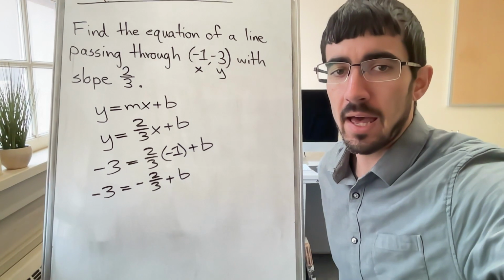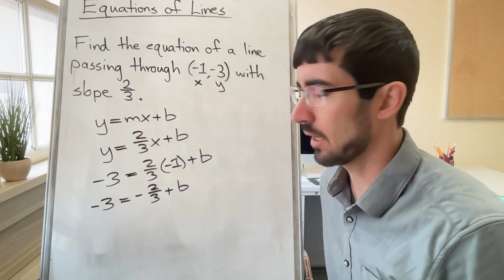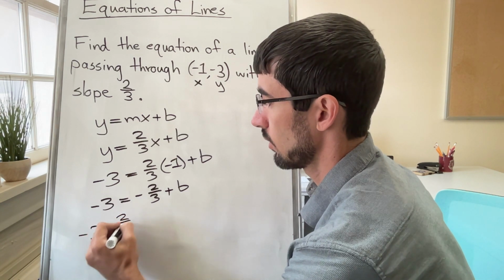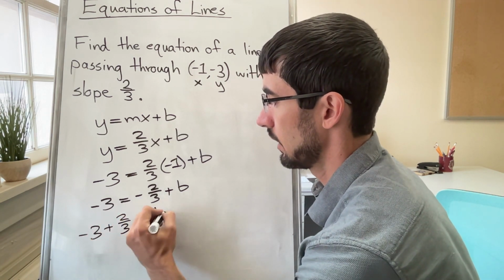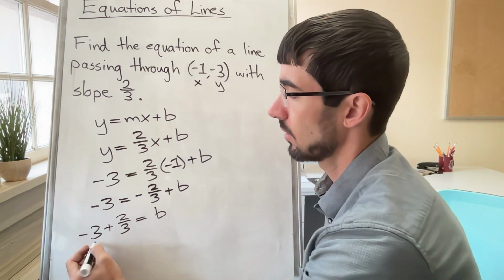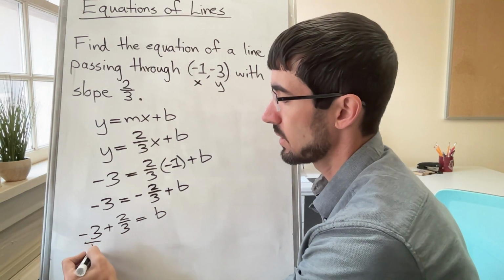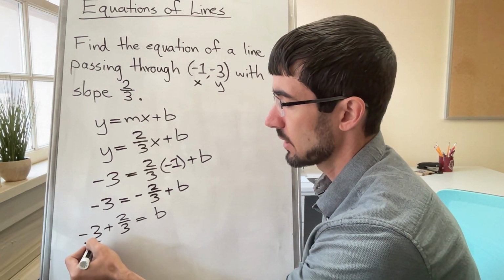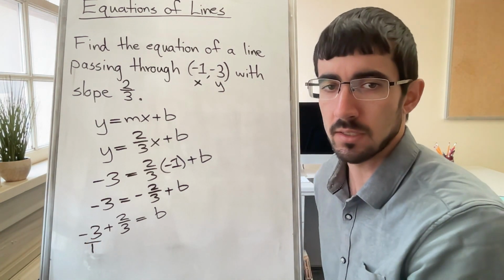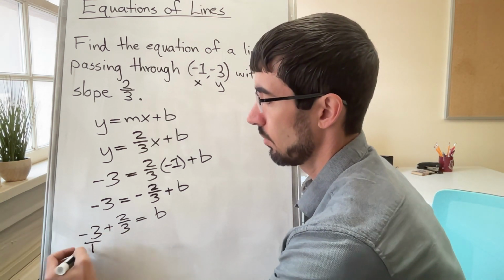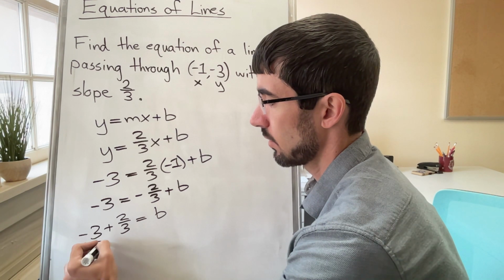I need to add 2/3 to both sides. So we have -3 plus 2/3 equals b. Let's talk a little bit about renaming this and combining this together. -3 is the same as -3/1. And if I'm going to add two fractions together, I need a common denominator. So let's multiply this -3/1. Let's multiply each of these by 3